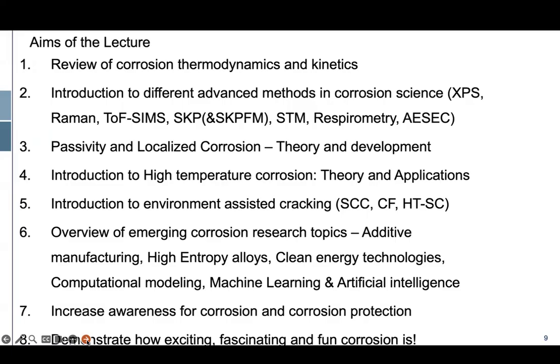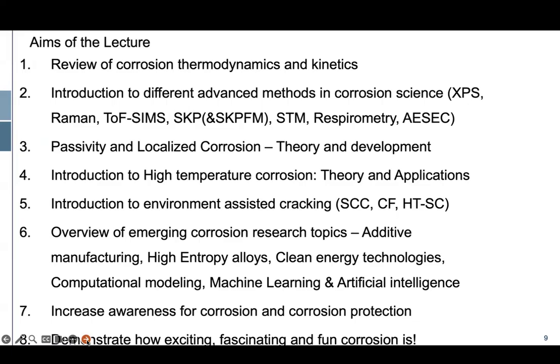For example, there is a huge amount of research happening on additively manufactured alloys and high entropy alloys, and we also want to produce energy in a clean manner. So we will be discussing corrosion in batteries and fuel cells, and there is an increasing use of computational modeling, not just experiments, to model the corrosion phenomena across length scales. And obviously the new emerging topics of machine learning and artificial intelligence, how they might be useful in predicting corrosion and predicting the lifetime of these engineering components that might be subjected to corrosion